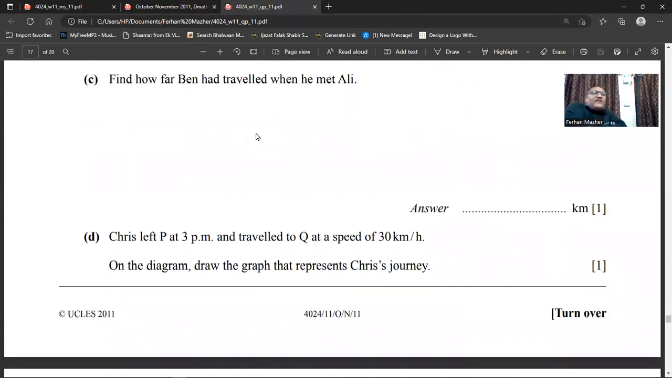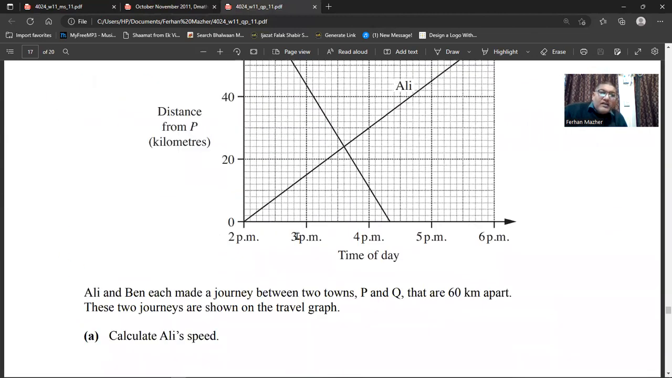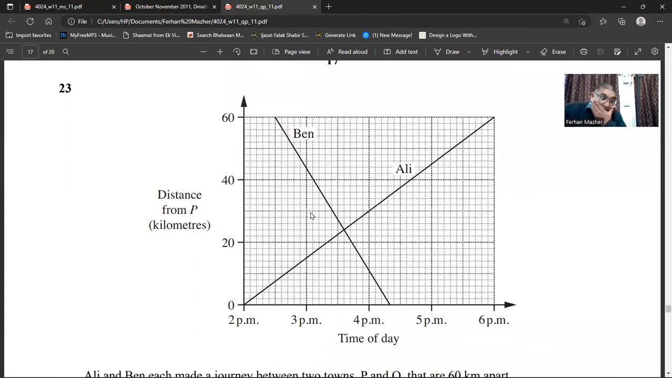Then their question is, Chris left P at 3 p.m. and traveled to Q at a speed of 30 kilometers per hour. On the diagram, draw the graph that represents Chris' journey. So he started from P. If P is here, it will start from here. And his speed is how much? His speed is,